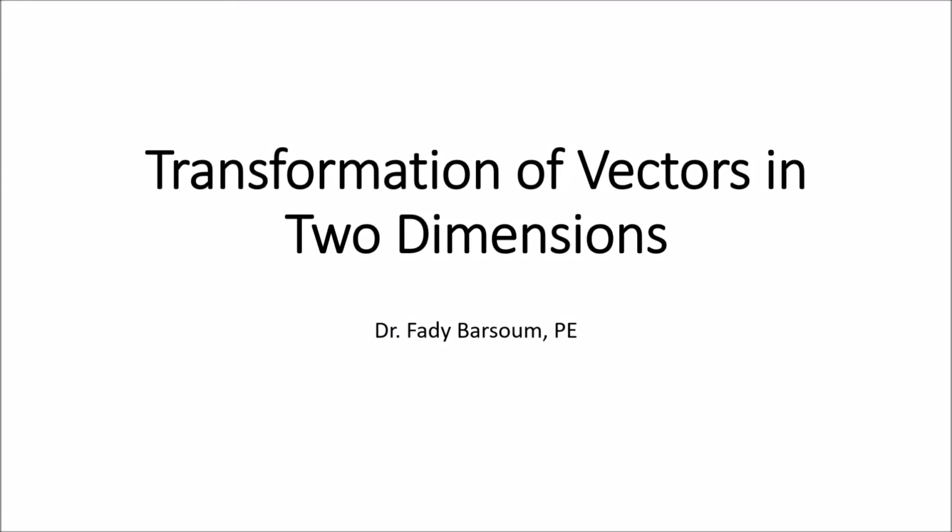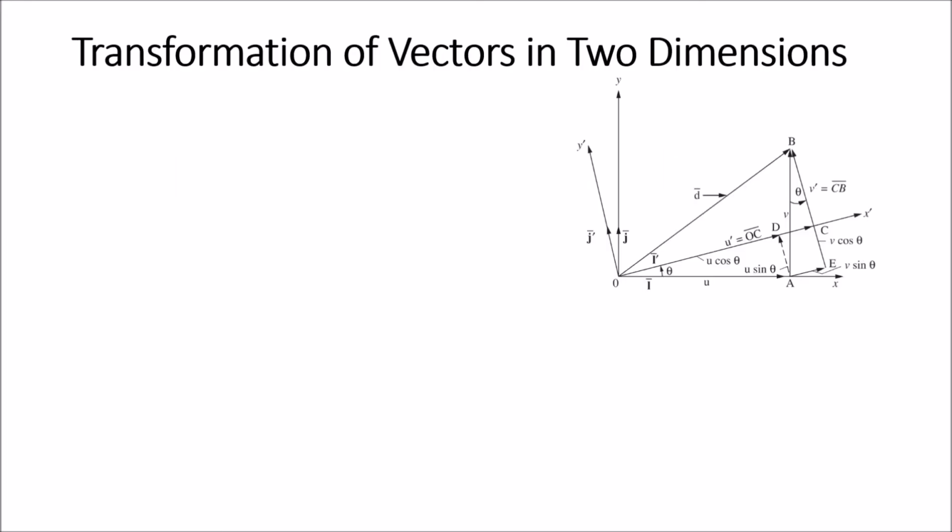In this video, we'll be looking at transformation of vectors in 2 dimensions. So far, we've been working with elements that have local axes that are oriented in the global axis, so we did not have to go through any transformation. But in general, we're going to have our elements with their local orientation and local axis that are different than the global axis. So in this figure here that we're looking at, we may define x, y as the global